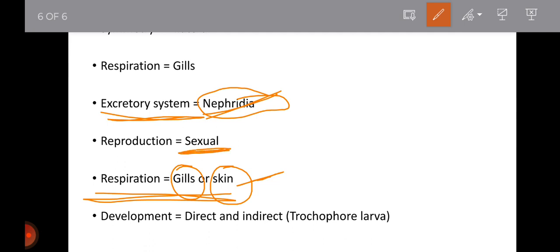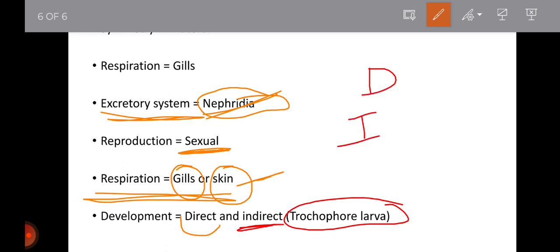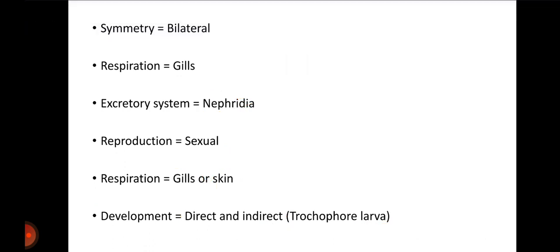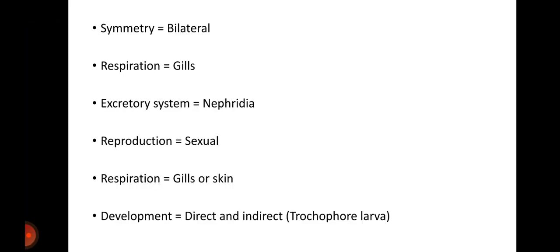Let's talk about the development. If the development of the organism is direct, we don't see any type of larva. If the development is indirect, we see trochophore larva. So development is direct and also indirect, but in direct development the larva is not seen. In indirect development we see trochophore larva. Is that clear? And this was all about the general characters of